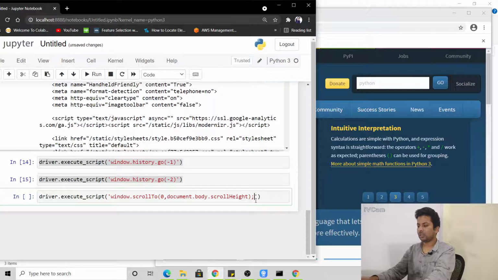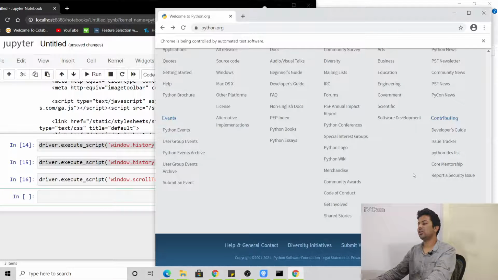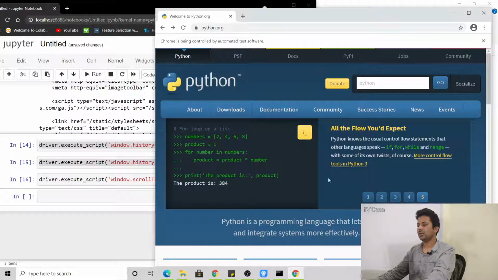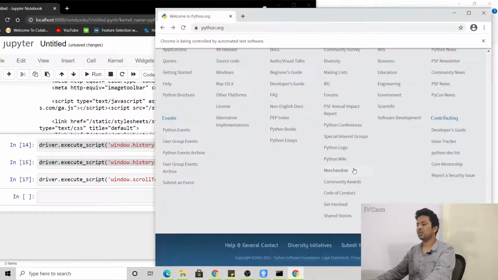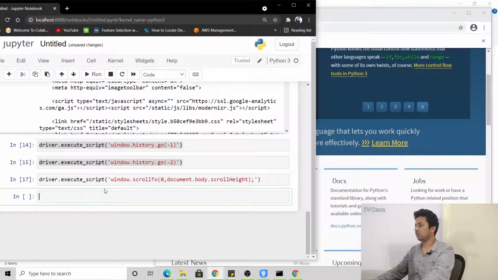Yeah, put a colon here. Okay, let's just run this and see. Okay, yeah, it has gone to the bottom of the page. You see, now we have up first. Now as soon as I run this line, see, it will just go to the bottom of the page. So in this way, you can go to the bottom of the page.